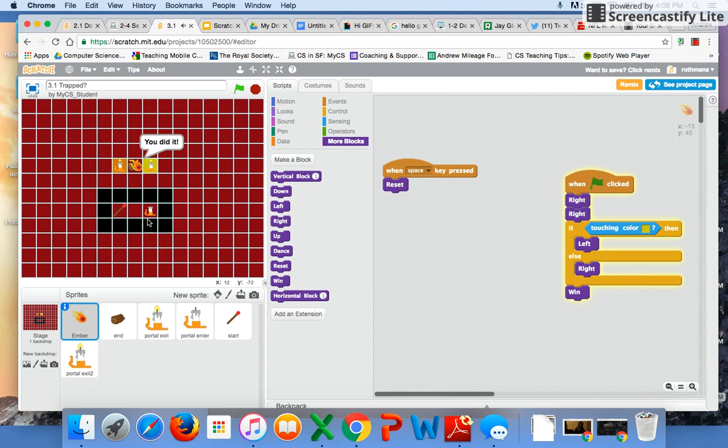All right, let's see what it looks like. All right, we won that time. It went through the portal. It ended up on this color. Since it was in this color, it knew to go left. It checks, it sees that it's not on this color, and it knows to go right. And we have completed World